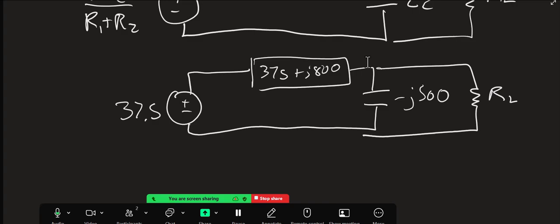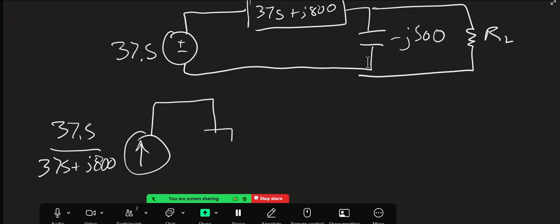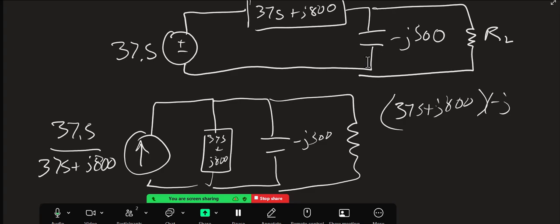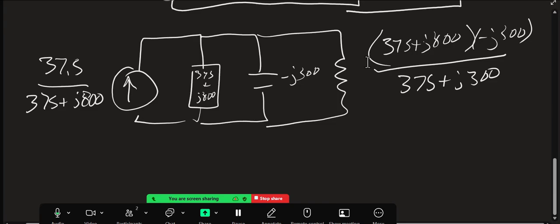So this would be, as a current source, 37.5 over 375 plus J800. And then I have in parallel 375 plus J800 with minus J500. So 375 plus J800 times minus J500 over, if I add those together, I get 375 plus J300. So in parallel, those two impedances are